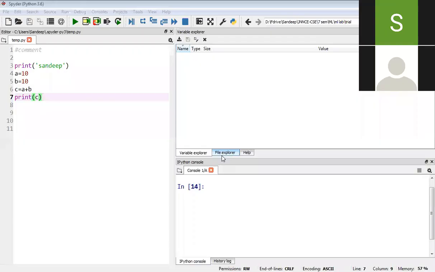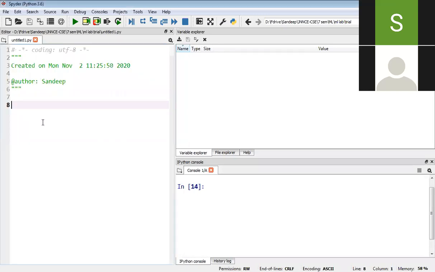Once you open this software, you can see the previous program will be open, whatever you did in the last lab. You just close that file. Once you close that file, it will open a new file, untitled1.py. This is the new program it has opened.